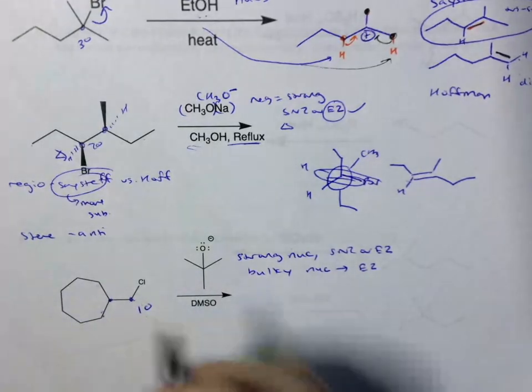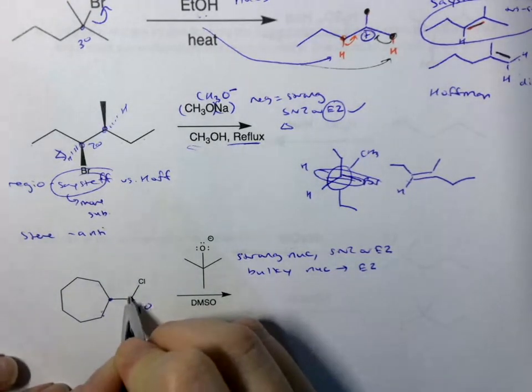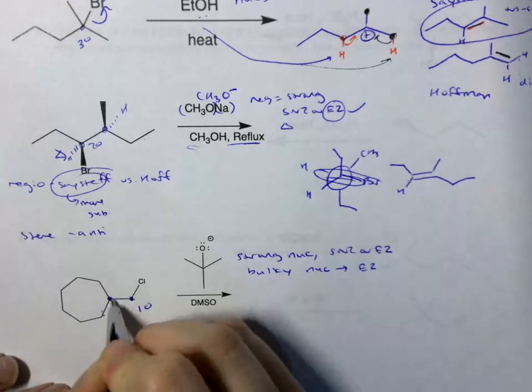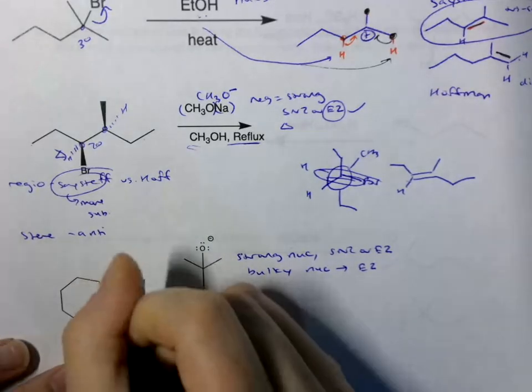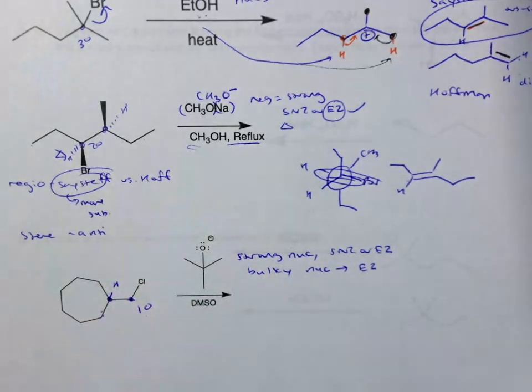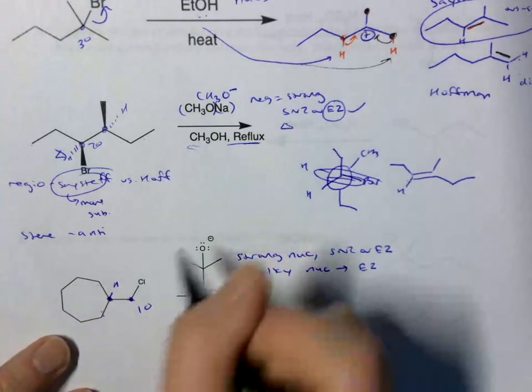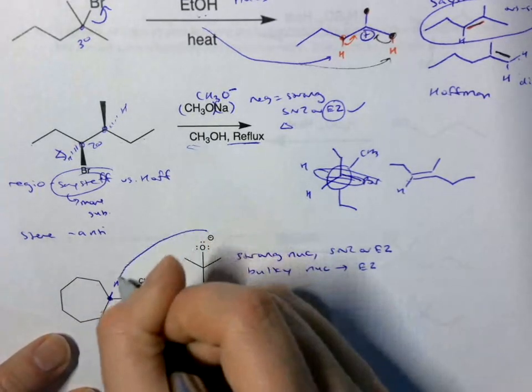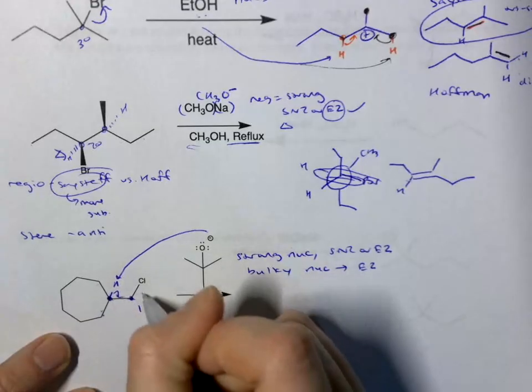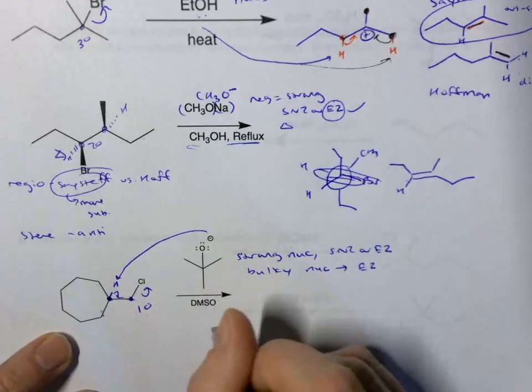So if we look at our alpha carbon right here, there's only one beta carbon, one adjacent carbon, and that has one hydrogen. We weren't given stereochemistry, so we don't have to worry about stereochemistry, and we don't have to worry about regiochemistry because there's only one option for the adjacent hydrogen. So this would take here, fill in here, and your leaving group would leave, and your final answer would be,